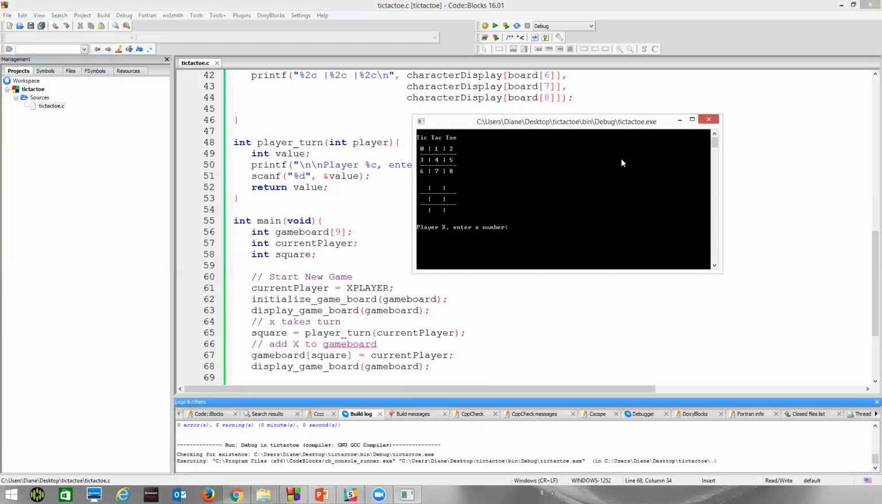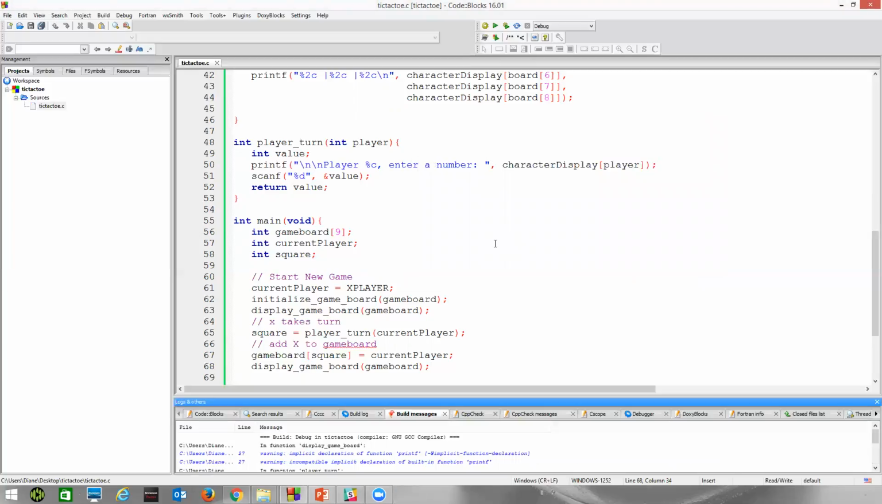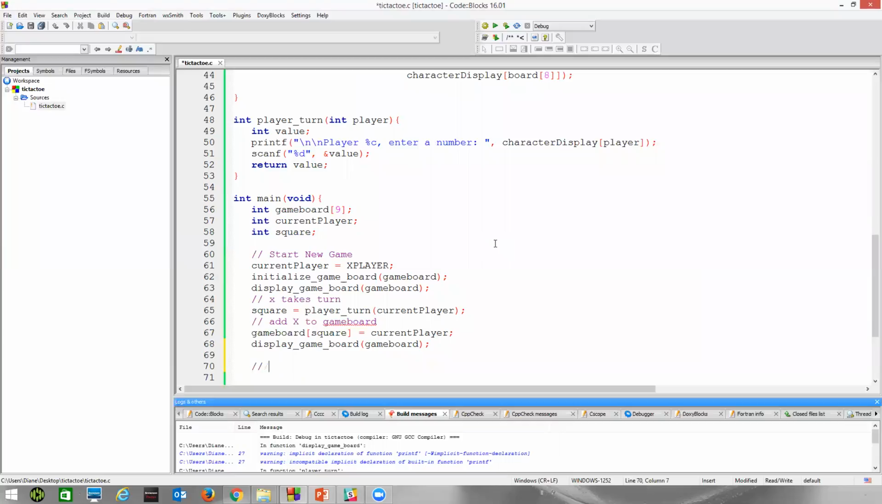All right, so let me just enter a 0. And sure enough, we see the X appear in the upper left-hand corner, and our program ends. All right, so that's updating the game board. What we would do next is we would let O take a turn. We know that there's not a winner. So we could just go ahead now and say then,